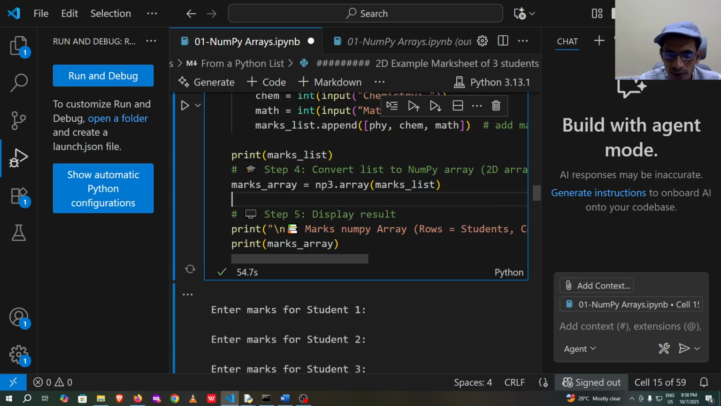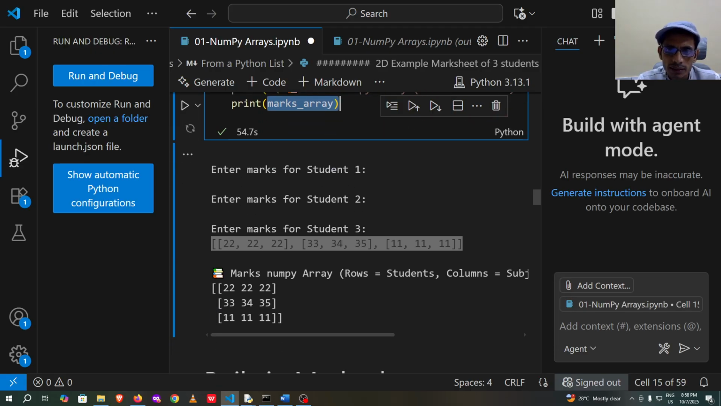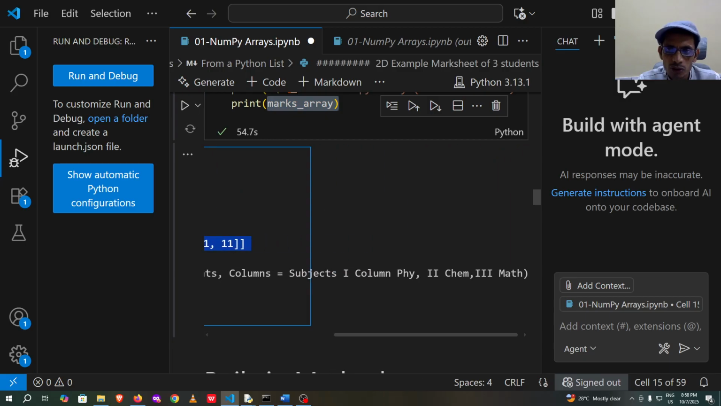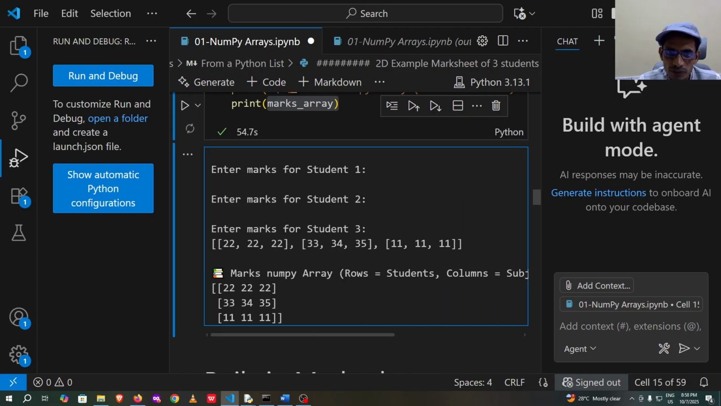I'm passing this list as a parameter to this function np3.array, and finally print marks array, and you can see the output. Marks NumPy array: row equals student, column equals subject. Column 1 is physics, column 2 chemistry, column 3 math. And here if you see this, physics, chemistry,